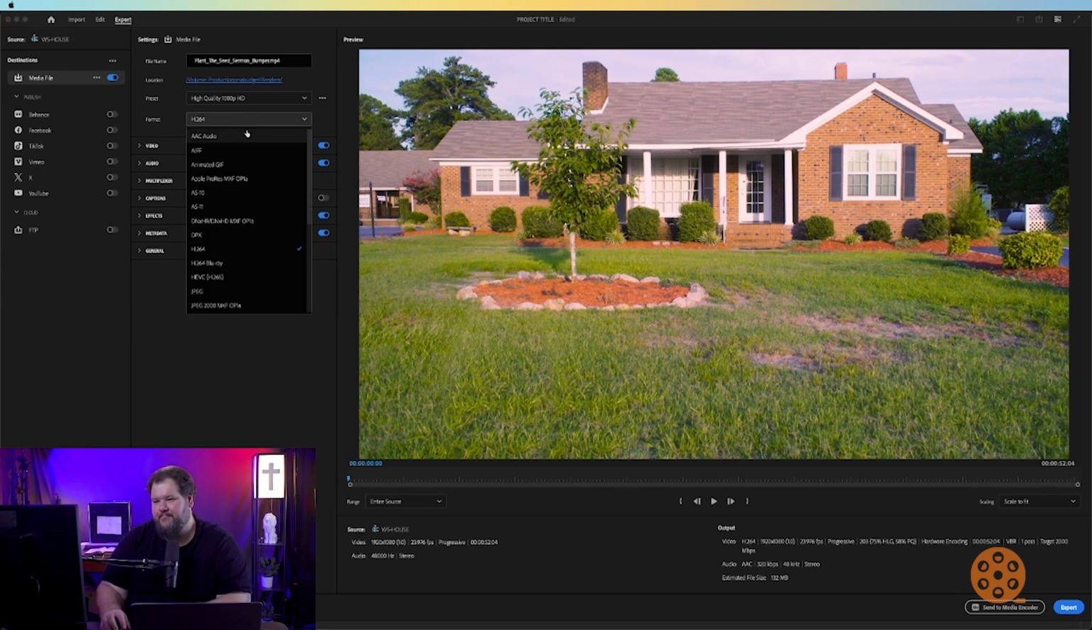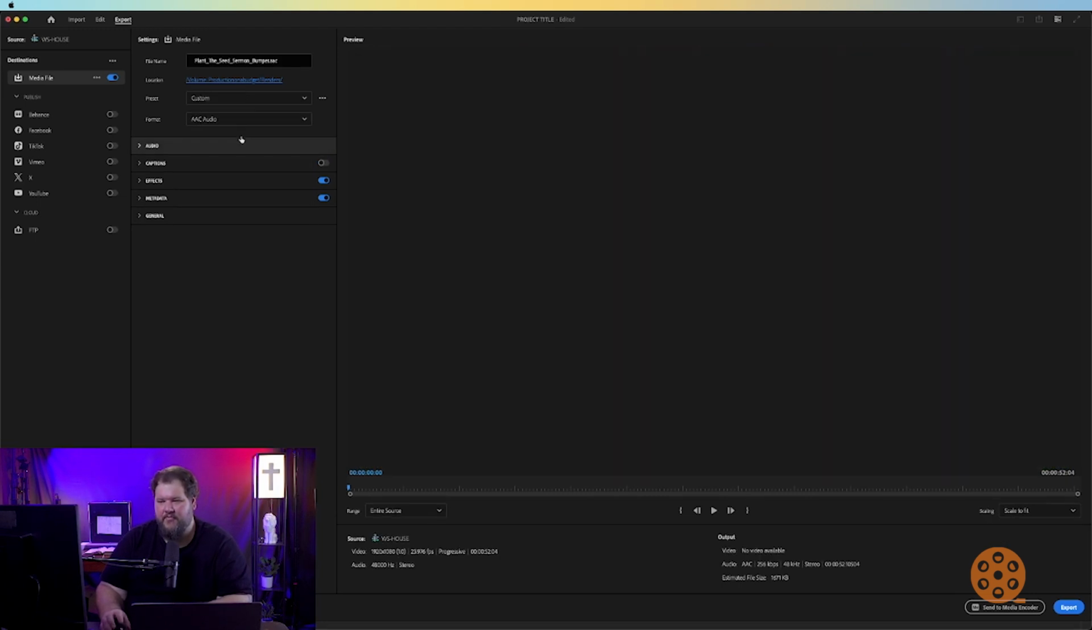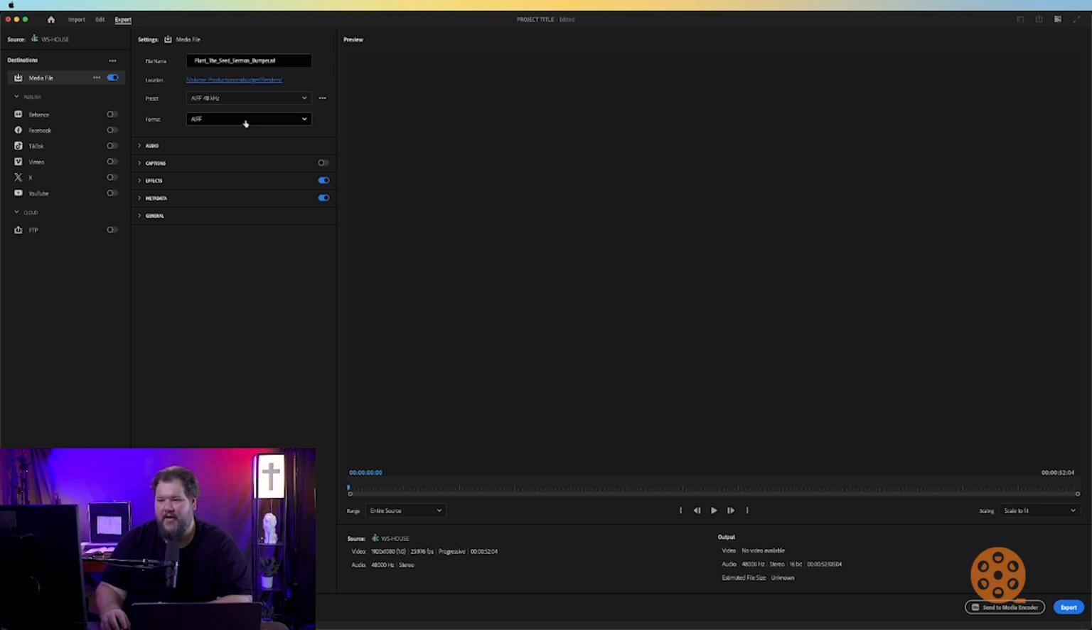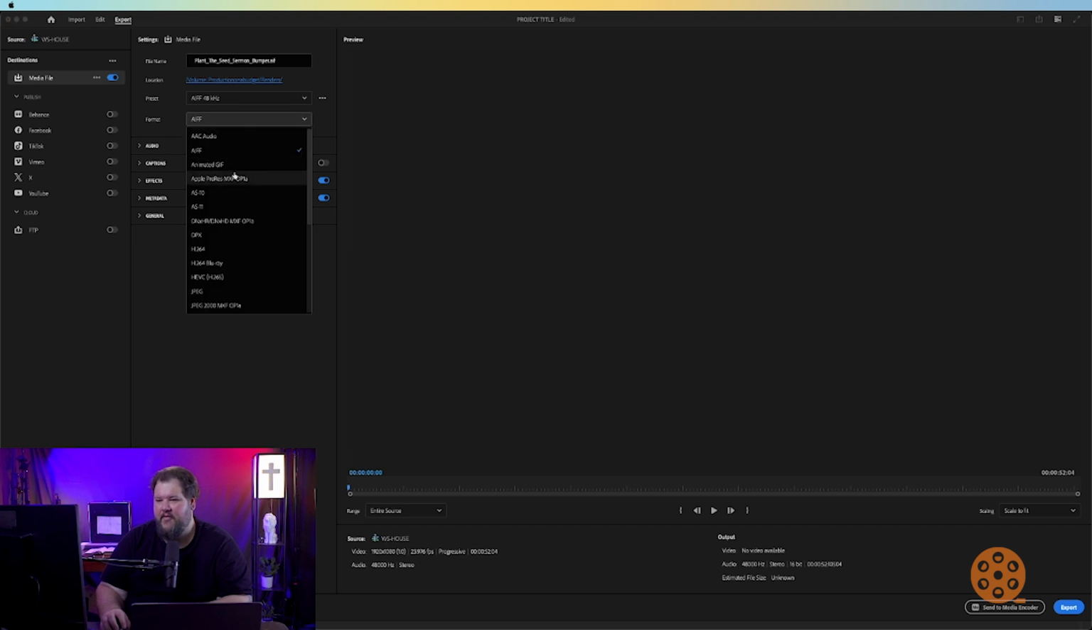Format, AAC audio. That is an audio file that will only give you the audio. Same thing for AIFF. Animated GIF or GIF. It's whatever. No, I'm going to tell you to use